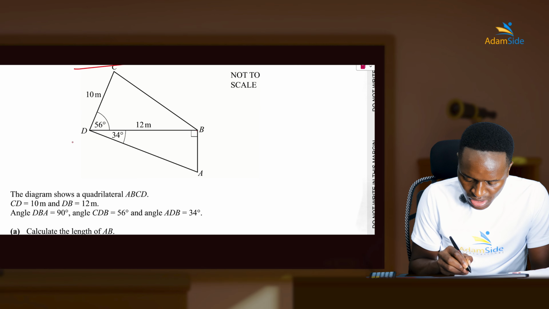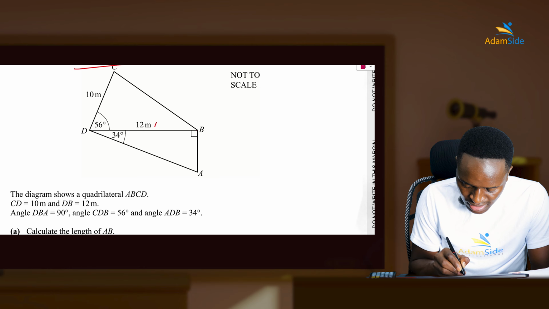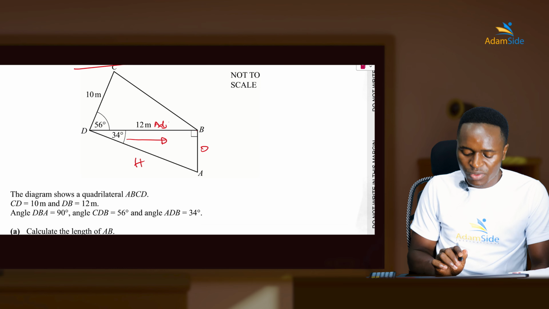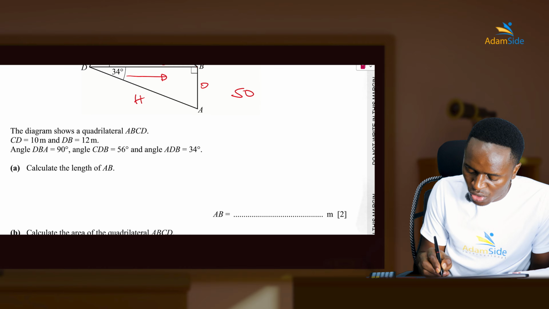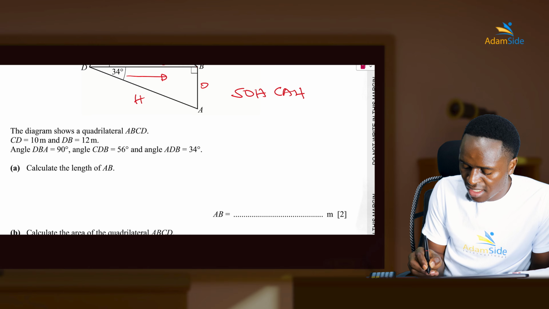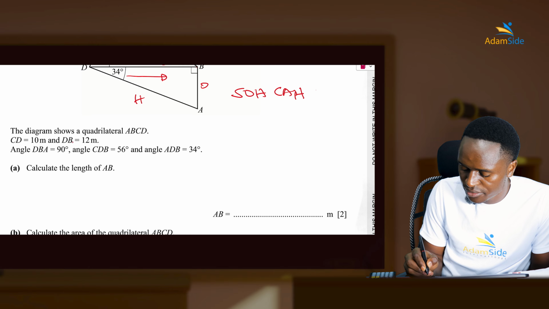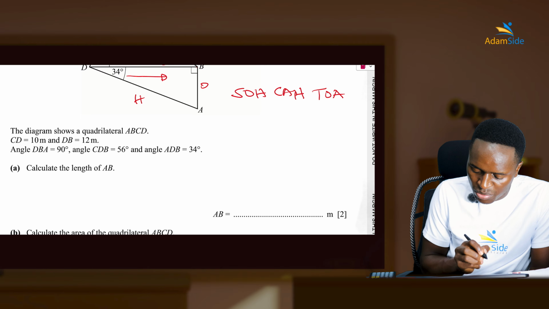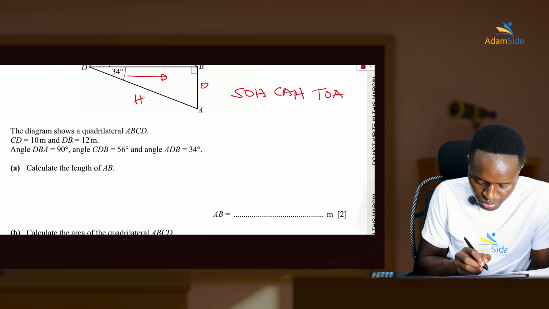Wow. We've been given the adjacent. They want the opposite and we have the angle. Naming is very important. That's hypotenuse. So which formula? You say SOHCAHTOA. So calculate the length of AB. So length of AB will be